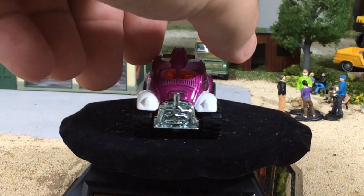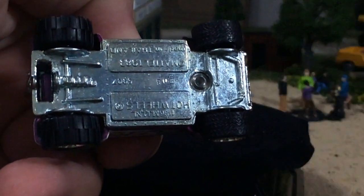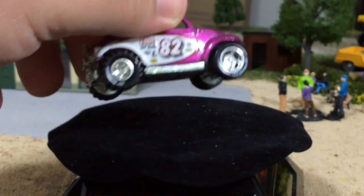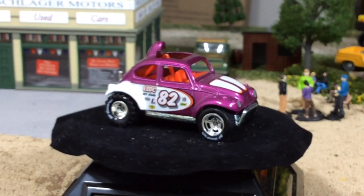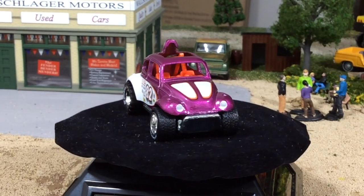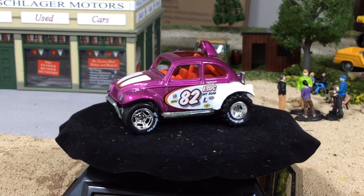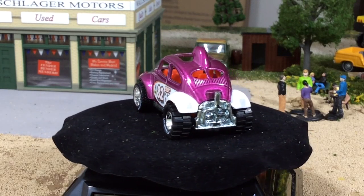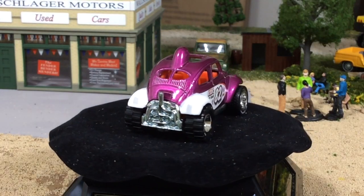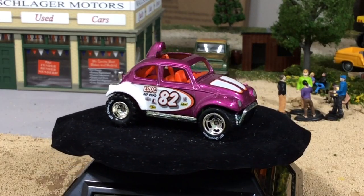It's an interesting wheel combination. The base has not been drilled. So this must have been how it came from Mattel. Usually when I see these off-road tires on the back of these Baja Beetles, the tires on the front seem to be a little smaller. Unless that's just me imagining things. But that's an awesome looking car. Really cool color combination. And I definitely dig Real Rider Hot Wheels. And this is one that I don't have, so...